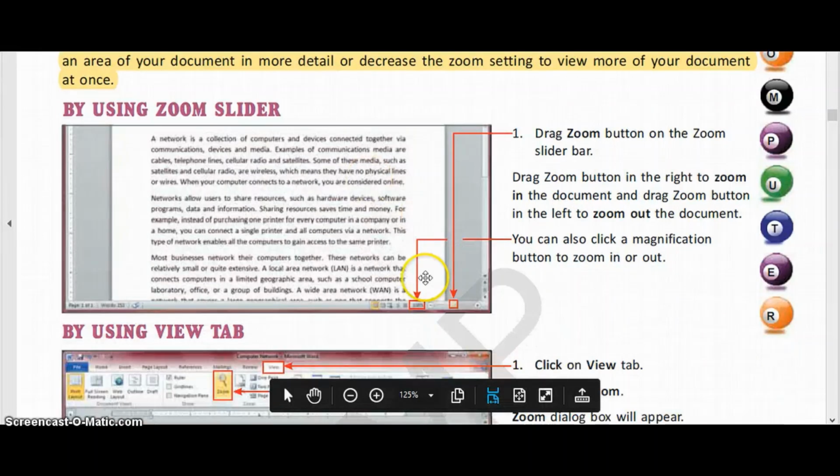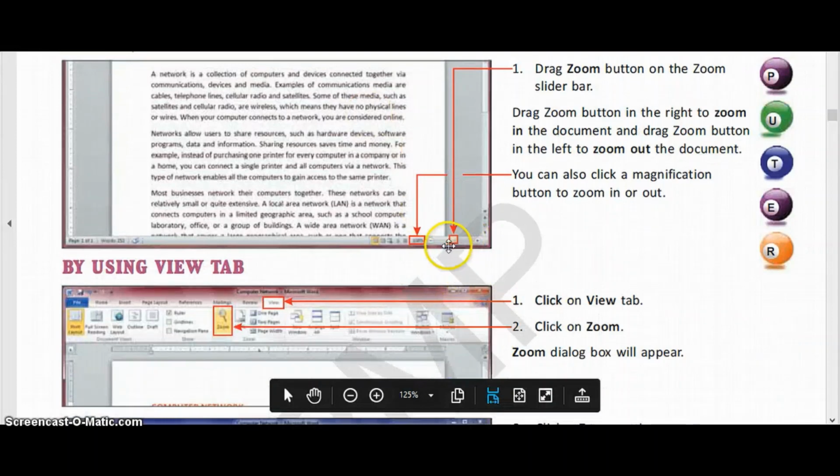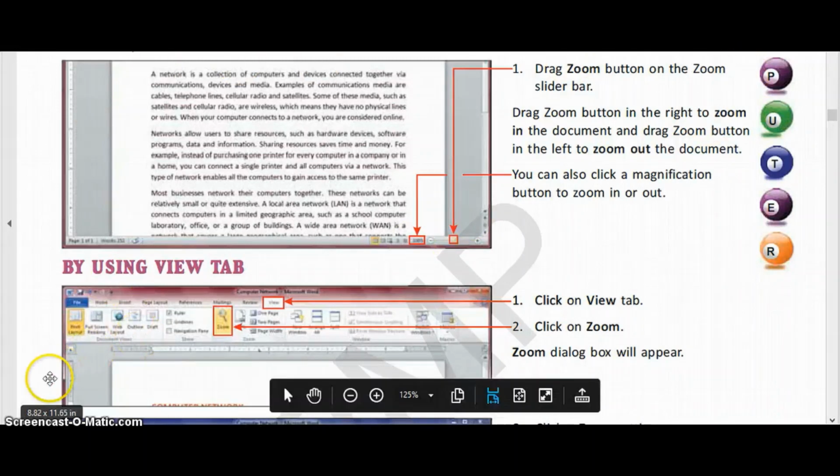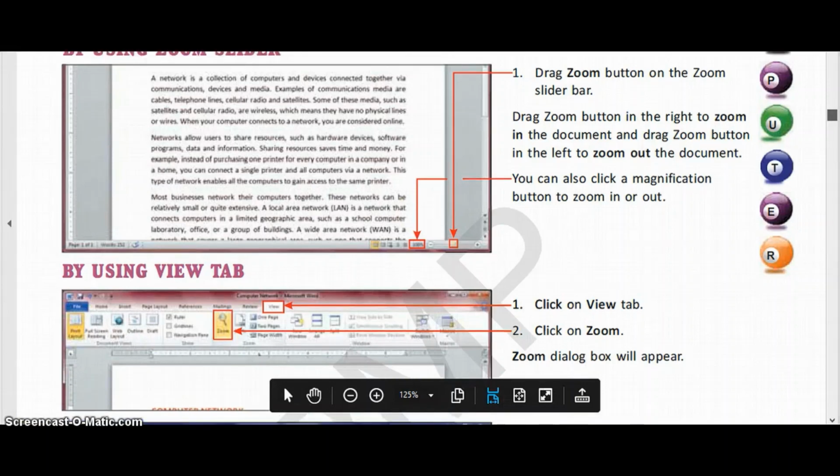This is the button. If you move towards right, you are zooming in. That means you are increasing the viewing size, and if you are moving it towards left, then you are zooming out. Now let us move to the next question.